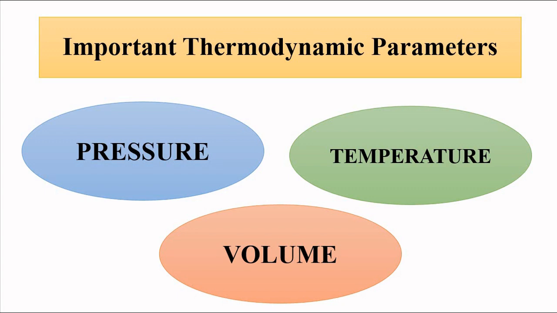First, there is no specific order, these three are equally important, but first pressure, then temperature, and third volume. Okay, and we will always try to establish a relationship that will connect these three thermodynamic parameters. Okay, so what is that relationship? All that will come to know in the kinetic theory of gases and in the discussion related to thermodynamics